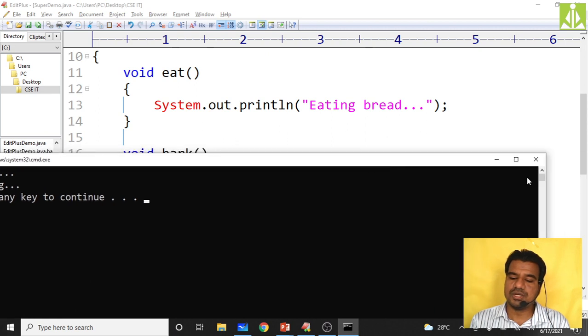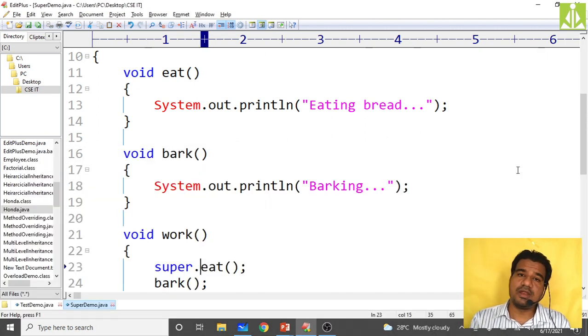Hopefully you understood. So in this way, not only can you refer to the superclass data members which have a name conflict, but you can also invoke the methods from the superclass which have method overriding, that is, a name conflict in the method. So in order to invoke from the superclass, just use the super keyword. Hope you understood this one.